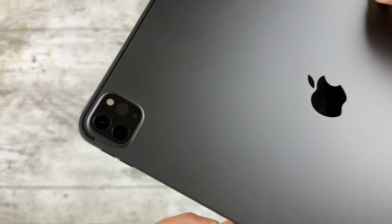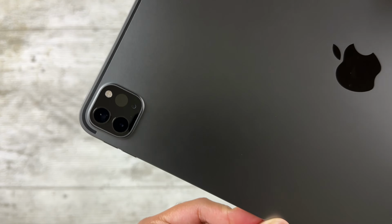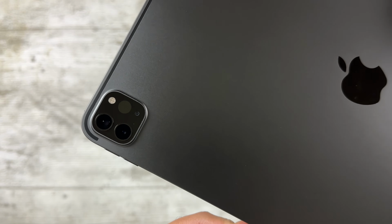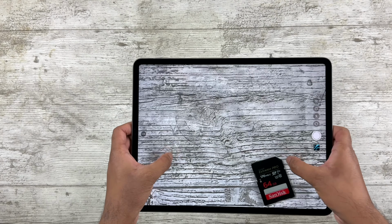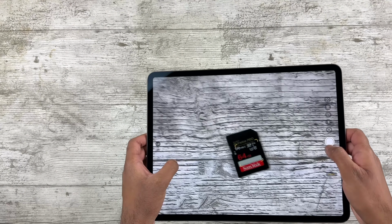Camera-wise, these sensors are pretty decent. The rear cameras actually are exactly the same as the M2. It's a 12 megapixel main with a 10 megapixel ultra-wide accompanied by a pretty useless LiDAR scanner. And I'll be honest guys, I rarely use the cameras. At most, I'll use the main camera to scan documents, but honestly, I would not even care if they downgraded the iPad Pro back to one camera, because I doubt most are actually taking photos on a regular basis with